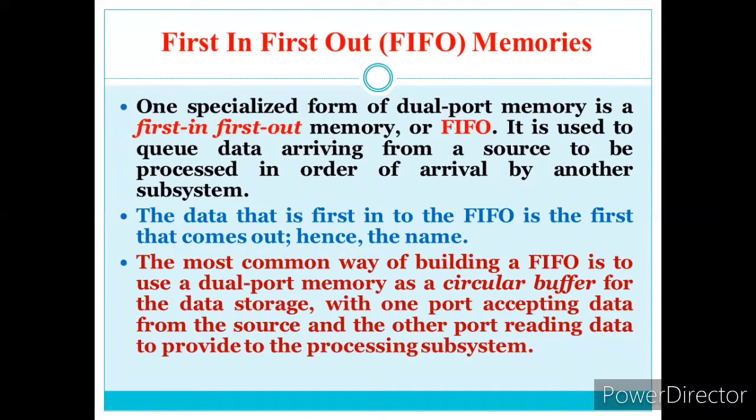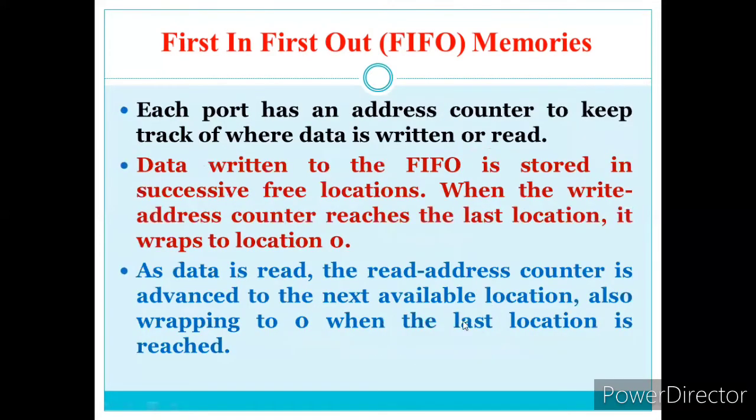So it is called first in first out, and it makes use of a circular buffer. What is that circular buffer? If you know a circle, like a 400-meter running track, you start from one point, cover the entire circle, and again cross the first point itself. That is 400 meters. In the same way here, when it starts from the first address location, after the entire memory is full, it has to come back to the first location. That is how it makes use of a circular buffer.